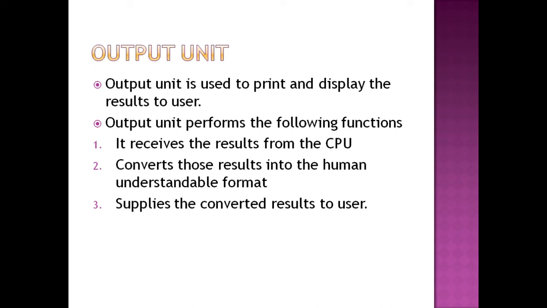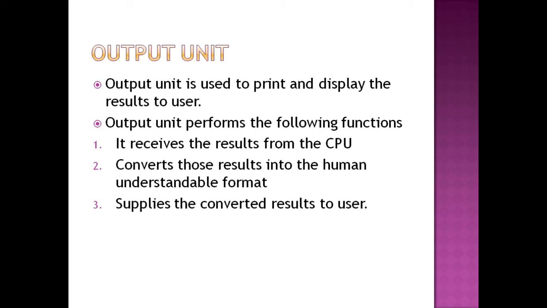So for example, say that I want to print some data. Okay, so I have typed some Word document and I want to print that data. Maybe I have typed a letter and I want a printout of that letter. So what I'll do is I'm going to go to the print option over there and click on print. I'm using the mouse to actually print it. So this is the input device, that is the mouse. I'm going to use it to click on that print option and get the printout.